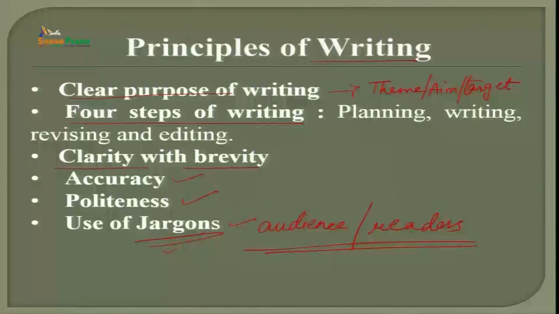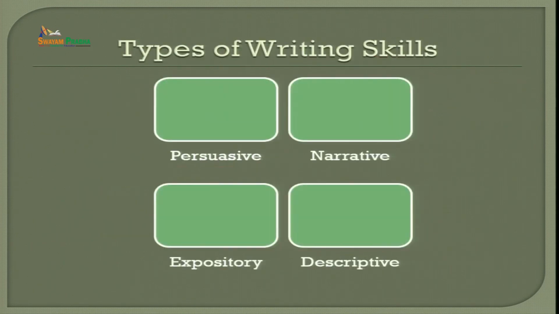An engineering student may know about all those technical terms, but a person from humanities or from science background will certainly not be able to get to know. So, remember, jargons are used only in that condition where your audience is capable enough to understand. So, these are a few principles of writing, and then further types of writing skills: